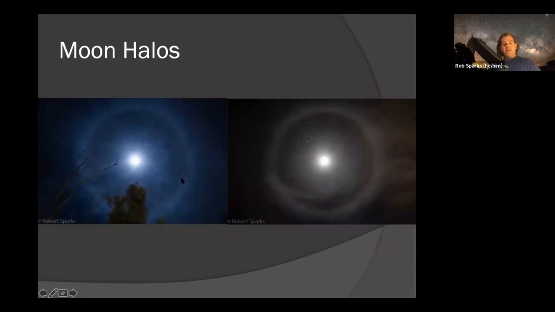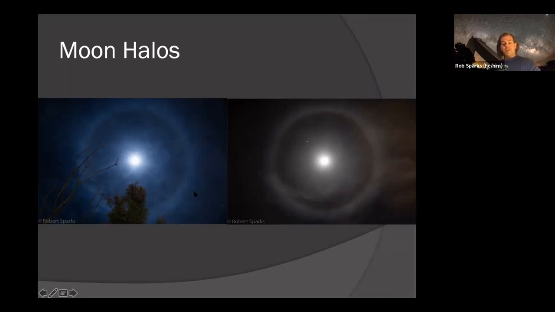I love moon halos too. Moon halos are a lot of fun as well. So here are just a couple examples of moon halos. In the first one, the left one, I put some foreground trees in to make it a little bit nicer. In the right one, this is Mars right here. This bright object, Mars, was actually inside the moon halo on this evening. So that's a fun one too.